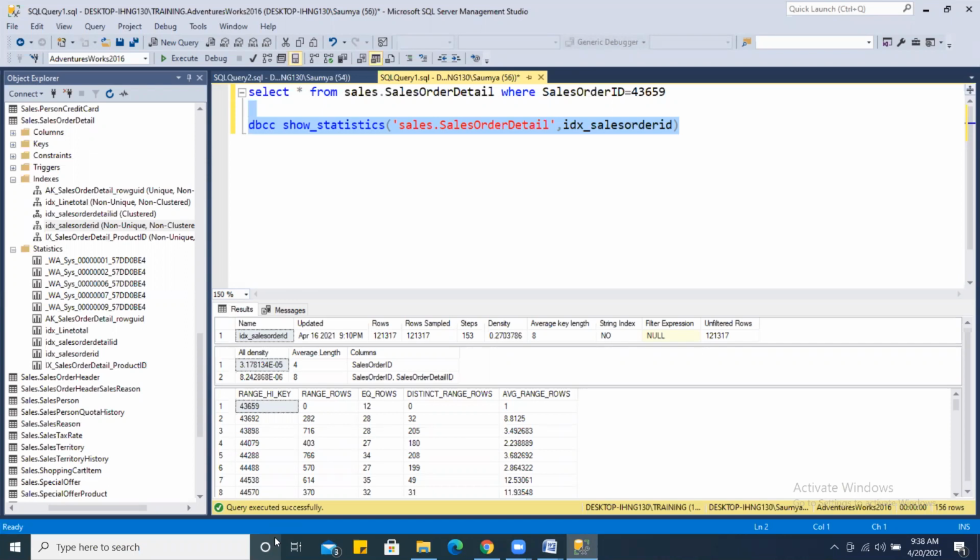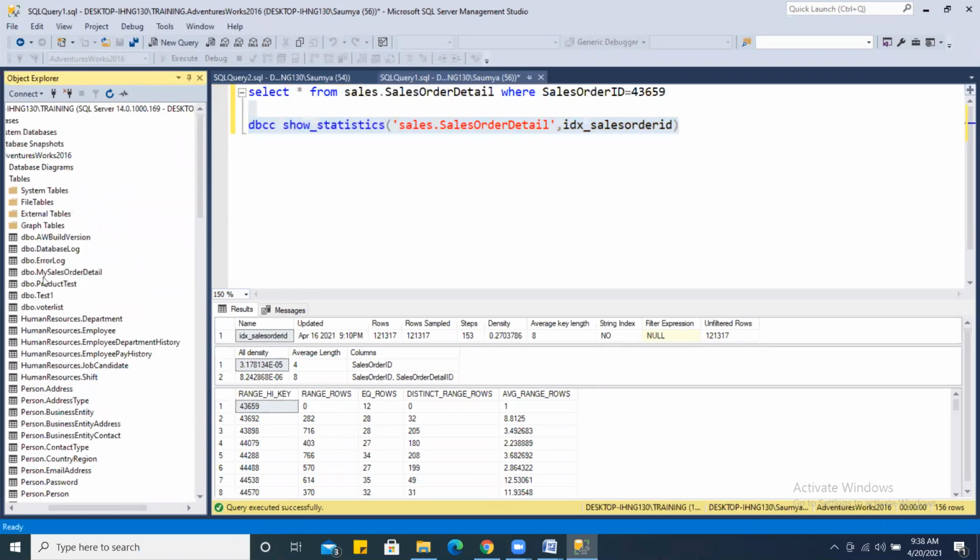So that's why you should check, and auto update statistics comes into the picture here. Then let us try to understand that.